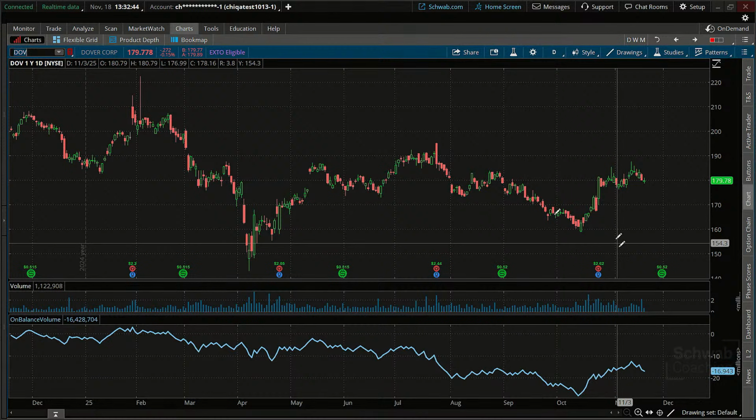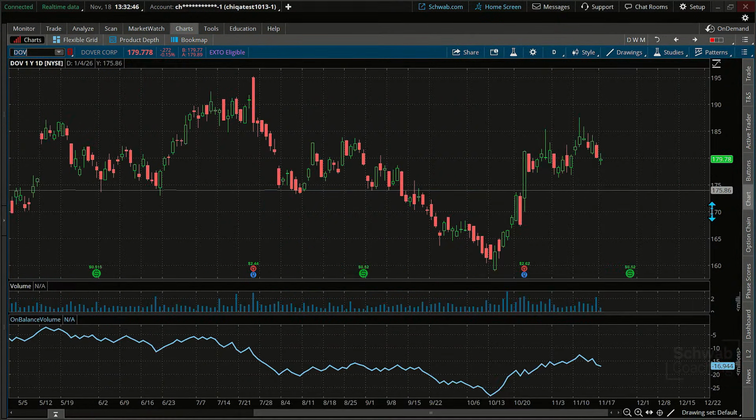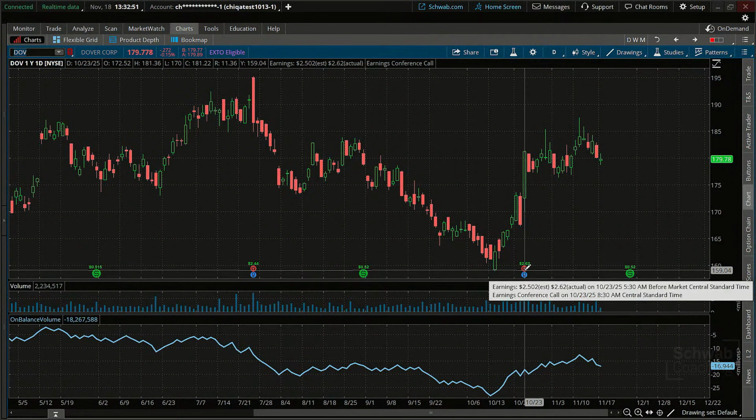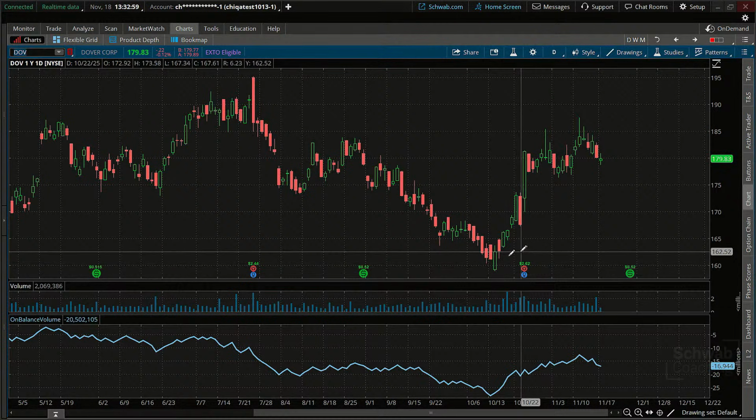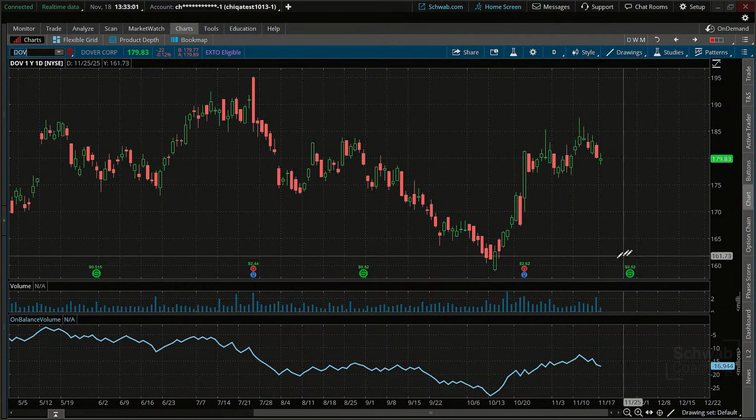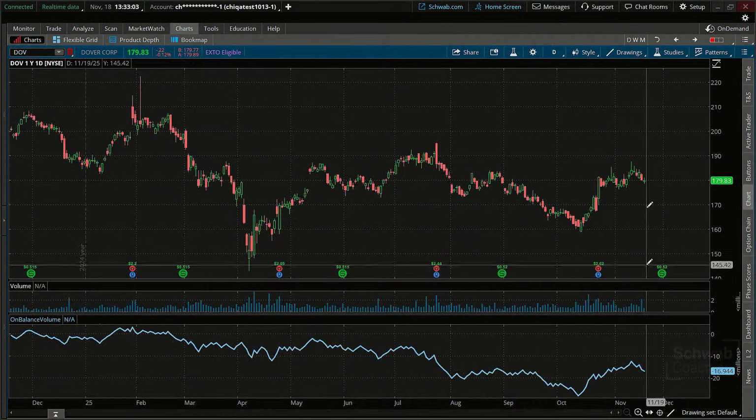Now, Dover over here, let's take a look at this too. It's kind of setting up. There's been some strength. We also had a good earnings announcement. At least, it beat earnings, as you can see right there. And the market responded favorably, meaning that they probably didn't guide lower for earnings too. So we're past that, which is interesting. It does have a dividend date coming up, ex-dividend date.